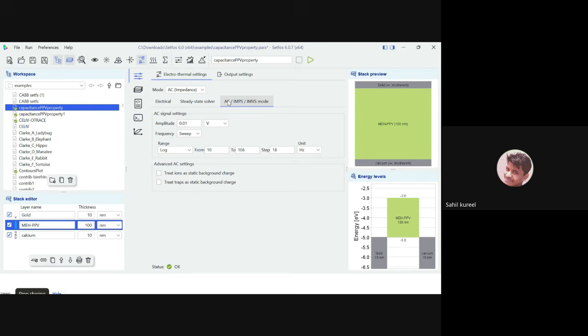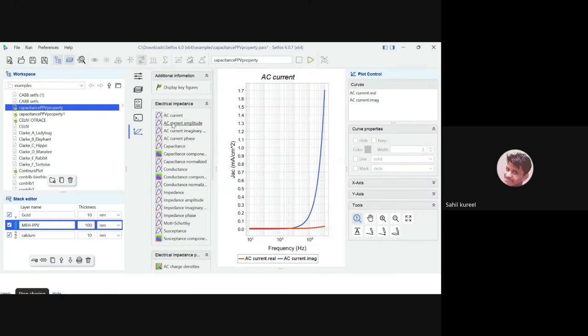But when you select the AC, you can see what the amplitude is and what the frequency is that you want to set. You can see different ranges you can provide in here: linear, log, elements log, random log, list and files. From and to, and then you can provide the steps. And then you can move toward the AC results one by one. I'm just showing that example, but when you follow one of the projects, you can change only the tabs